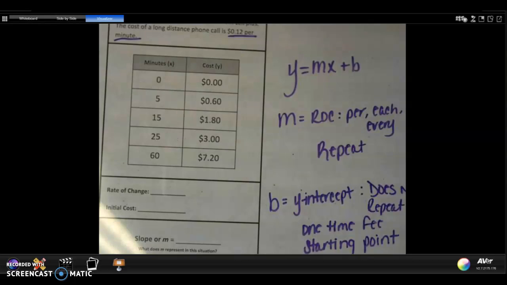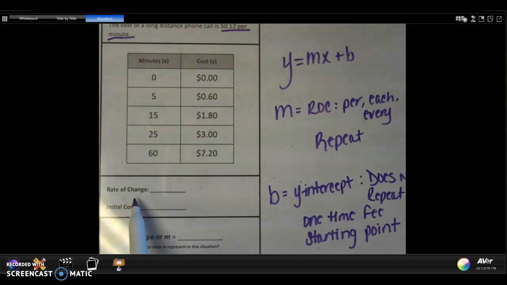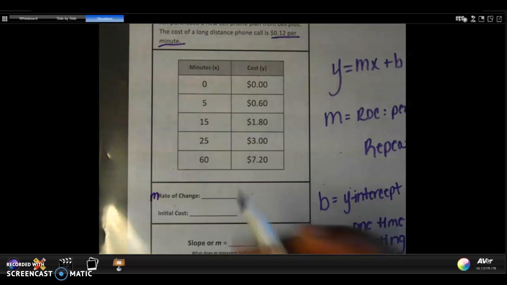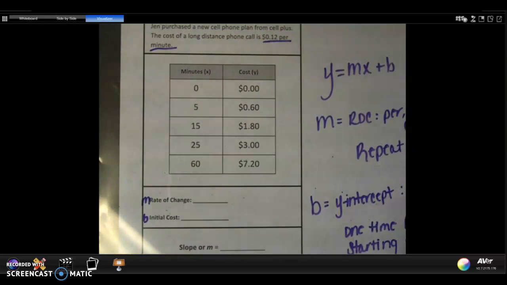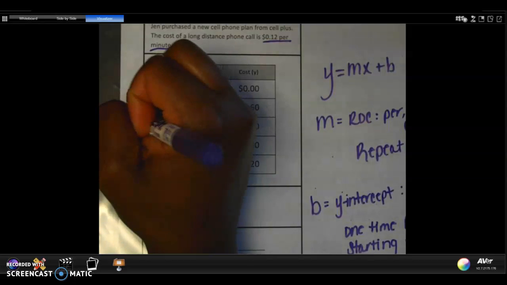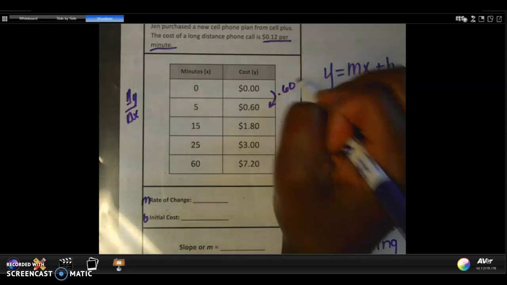So now I'm gonna take a look at my table, and I know here I wanna find my rate of change and my initial cost. So remember my rate of change is m and my initial cost is b, okay? So first, to find my rate of change, I'm going to do my change in y over change in x. So my change in y is 60 cents,